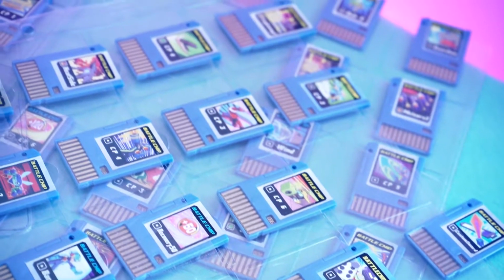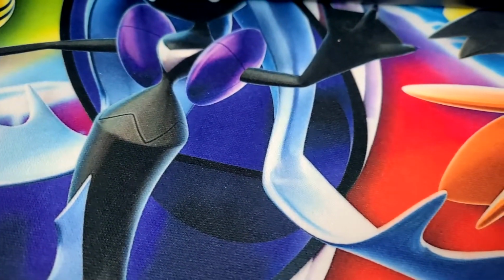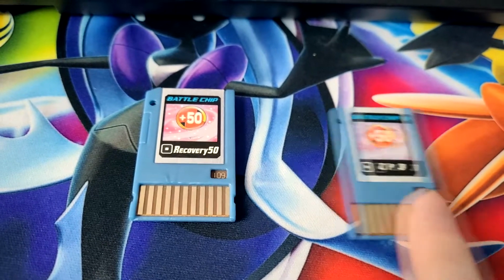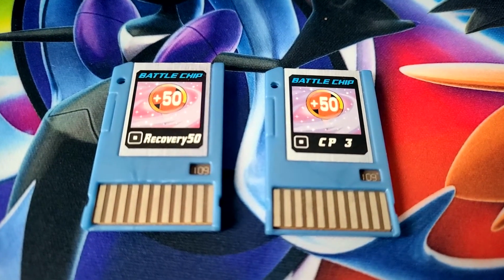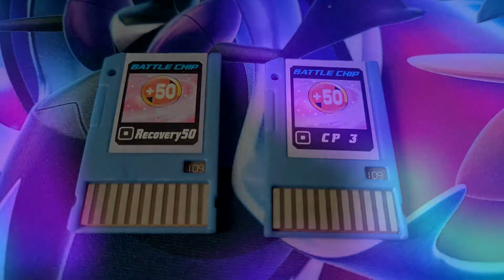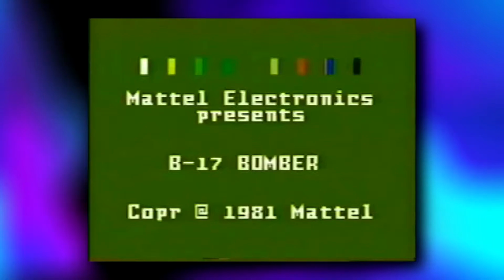With this huge lot of chips, I noticed that some of the duplicate cards had slight variations. For example, take a look at these two Plus 50 recovery chips. One displays the name of the support chip, and the other displays the CP cost to use it, which I can only conclude Mattel didn't have enough space to display both, so they did a 50-50 variation rate on the chip labels. I've never seen anything like it, but then again, Mattel is responsible for Mattel Electronics presents